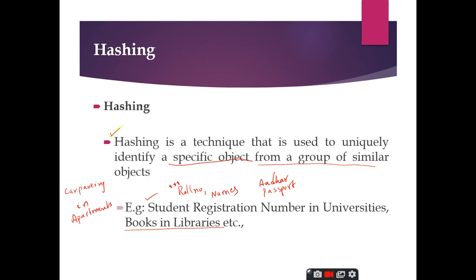So when you want to take the car out, you will simply remember that number, some F4 or T4, T3 like that, and then you can directly go to that particular parking slot, and then you can take out your car, right. So this hashing mechanism or technique can be used to speed up the process of searching, right. You get a very efficient searching mechanism using this hashing, like the example I have just described regarding the parking slots in the apartments.